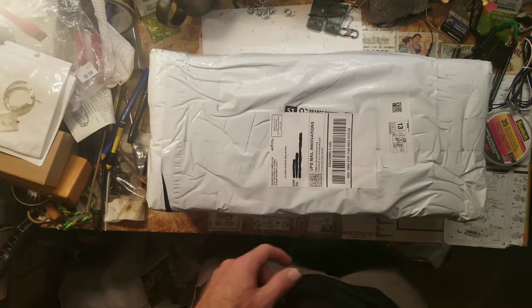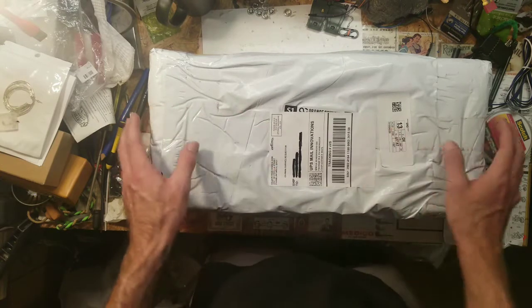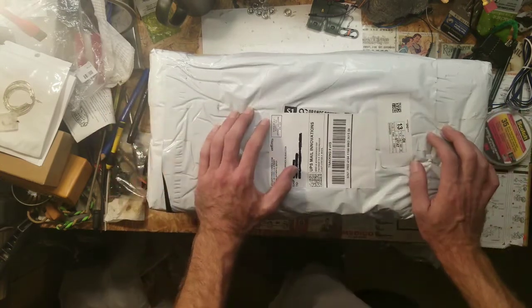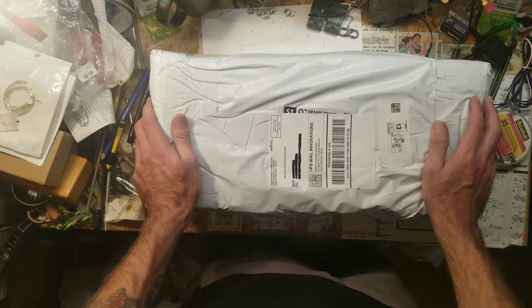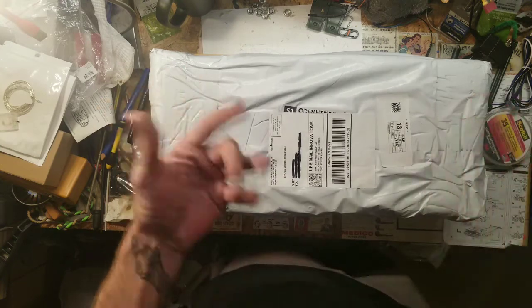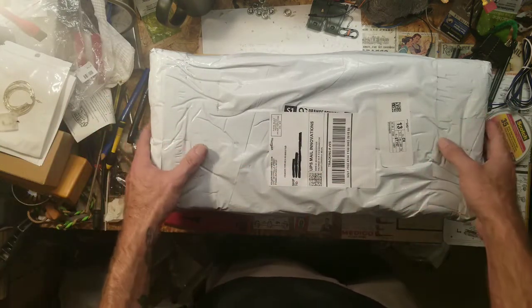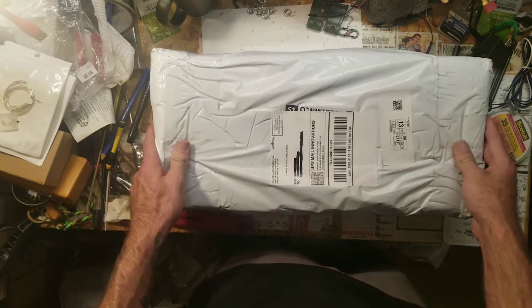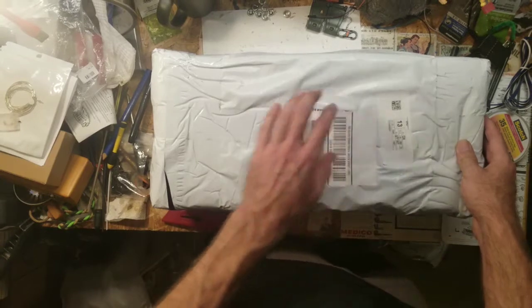Today I got a box opening for y'all. I ordered this about a month ago. Been looking at it online here and there for about 6-8 months, maybe a year. Been debating on whether I was going to buy it or not. Wasn't very expensive. Drug my feet with it, and then next thing you know, it was harder and harder to find them. Found them on eBay from the company that actually makes this,